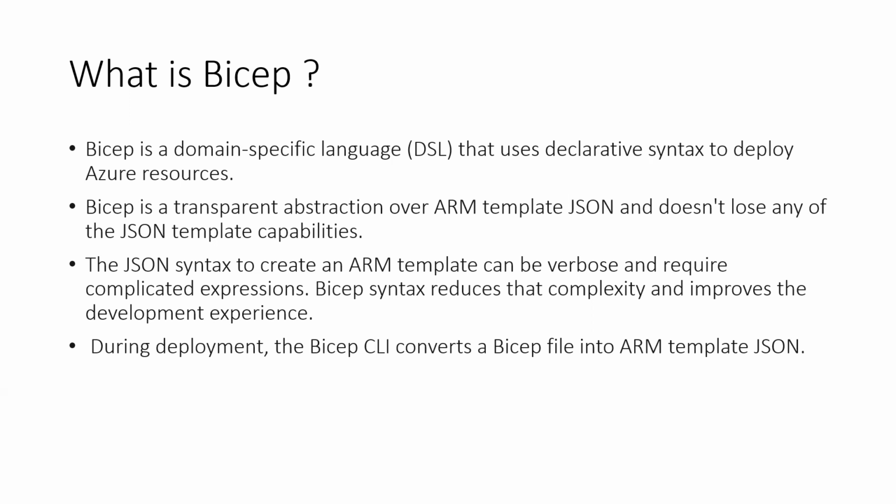And at the back end, there is a tool inside Bicep itself, which will transform your declarative syntax into a JSON syntax, which is called transpilation, and that is taken care of by the Bicep tool. So that is what they mention: it is just an abstraction layer on your ARM templates, and you will not lose any capabilities that ARM templates provide today.